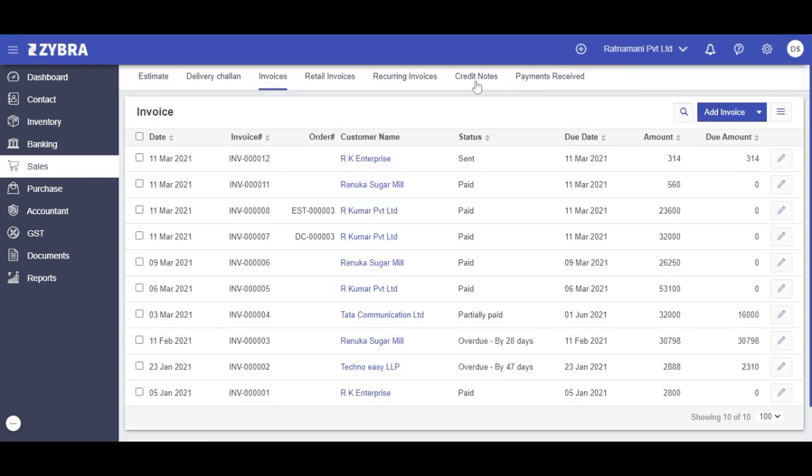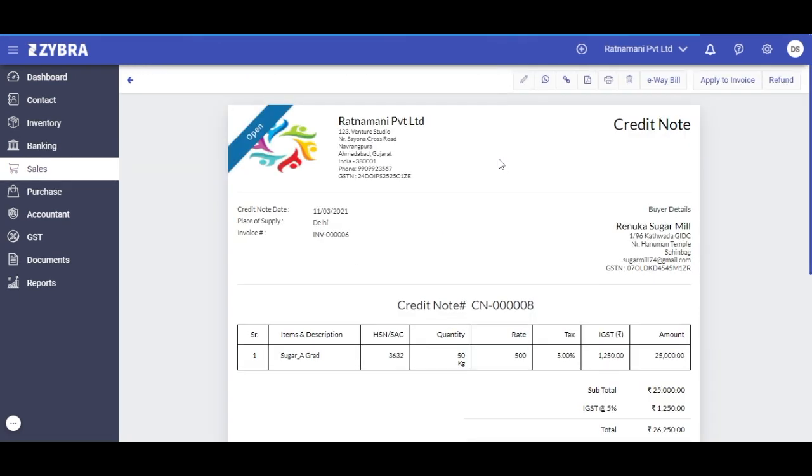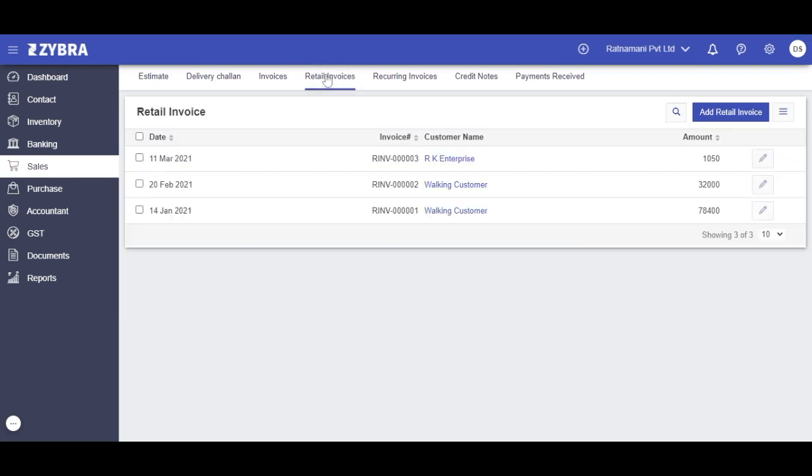Now let's check it out. Here we made a credit note entry like this, and in one click also you can generate it. If you want to share it, you can share it on WhatsApp, PDF it and print it. Next, it's a retail invoice. If you want to make any retail invoice entry, you can also make it through here, add retail invoice.